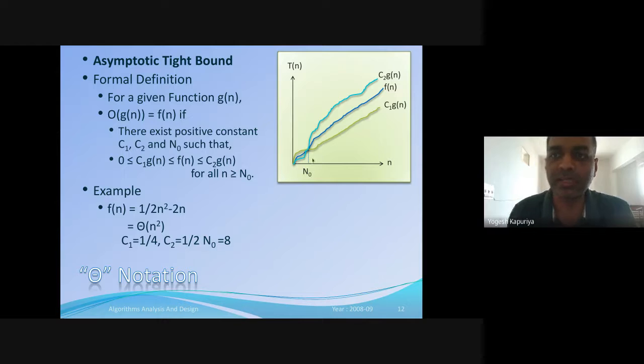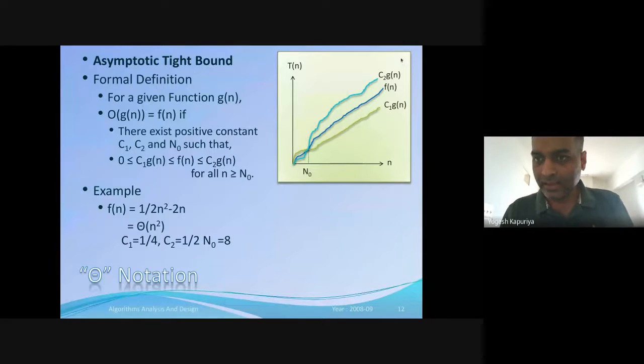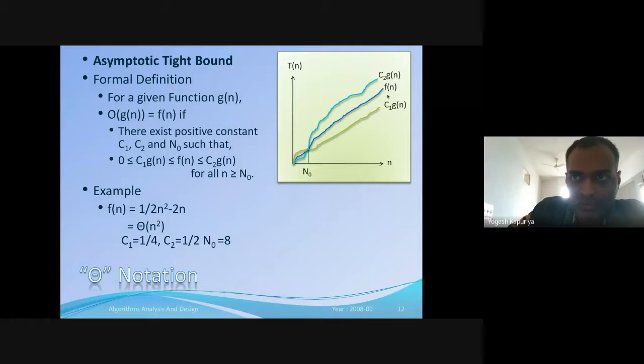So if you try to observe this on this graph, you have this given function f(n) and you want to compute theta of n for that. That means you want to compute the asymptotic tight bound of that particular function. Then basically it can be represented by two other functions. One is c1 g(n), and second is c2 g(n). So when you can compute this, that gives you the theta of f(n). Whatever is the value of g(n), that will be theta of f(n).